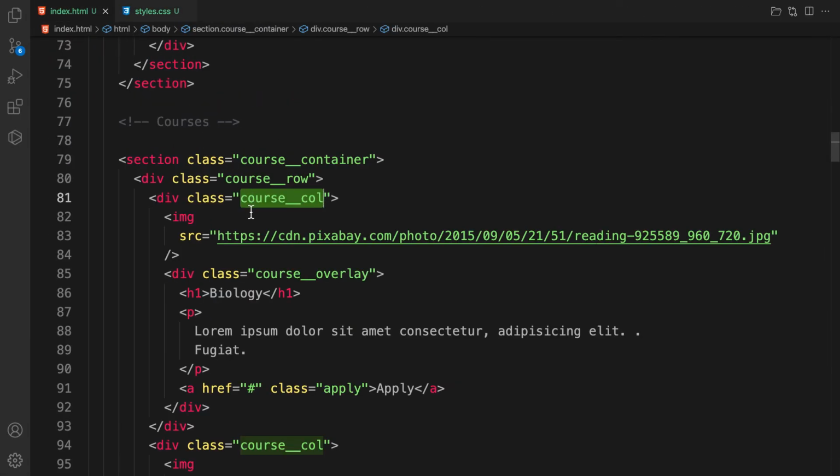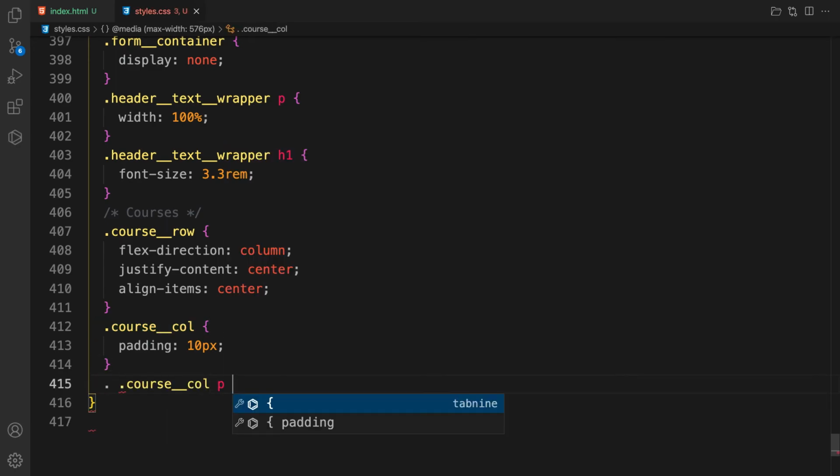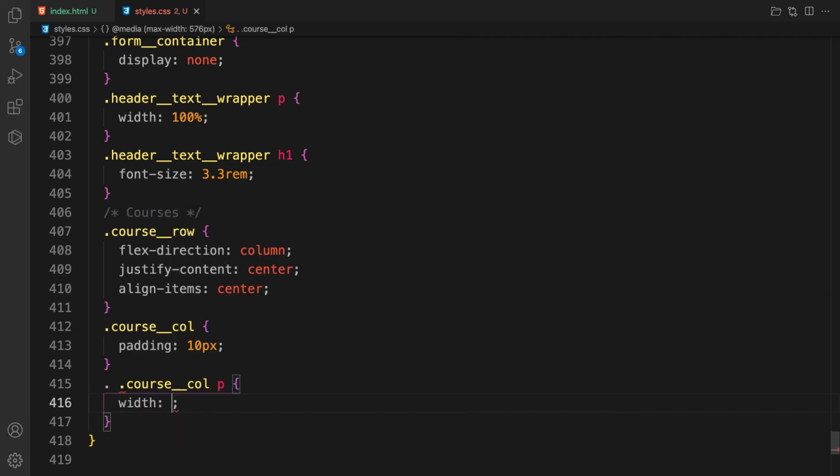So you can toggle the courses, and then we have the p tag, right? Courses tag and the p tag. We can toggle that. So courses p tag, select that again, and then let's also toggle the courses and the p tag, and let's have a width of auto, right? So it covers